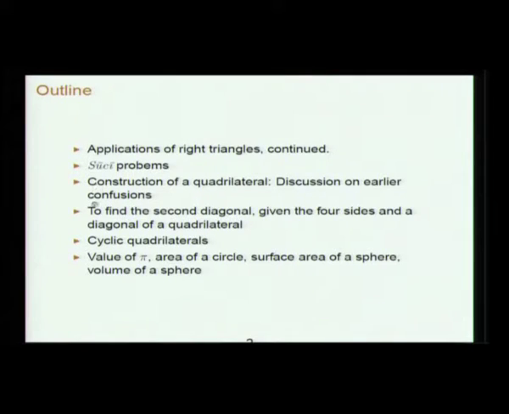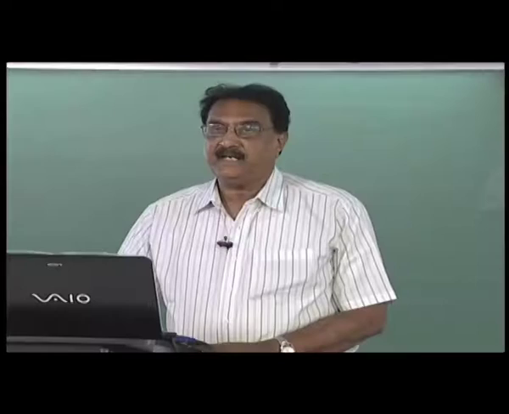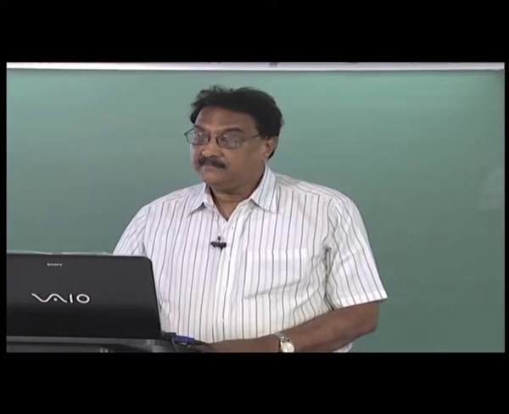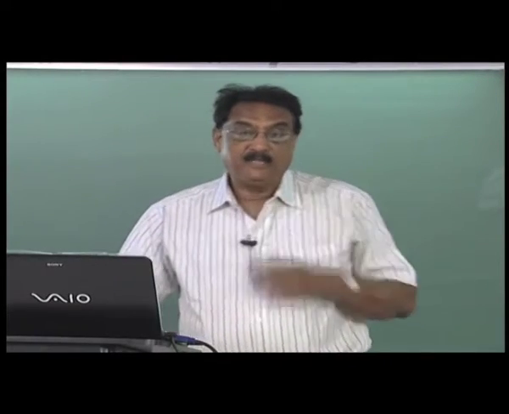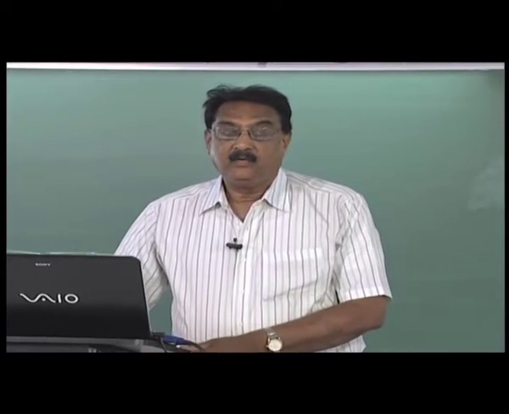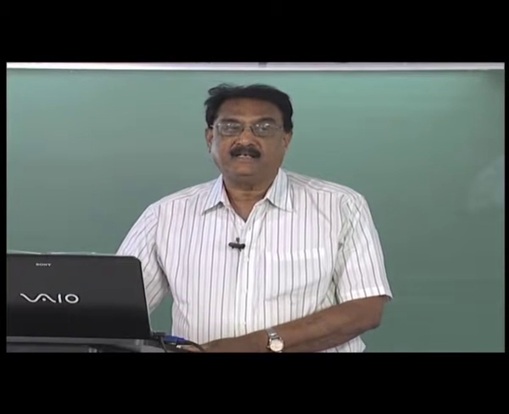So, for instance, the area of a cyclic quadrilateral was given as, remember, square root of (s minus a) into (s minus b) into (s minus c) into (s minus d). Earlier it was not stated specifically that it is for a cyclic quadrilateral, but Bhaskaracharya tells that it is only for a cyclic quadrilateral and it is not correct for any arbitrary quadrilateral. So, then he will go on with the construction of a quadrilateral.